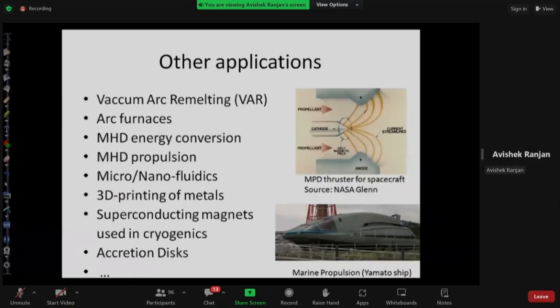Some more applications are mentioned here. I will not go into the details, but there are a couple of pictures on the right hand side. For deep space applications, it's difficult or almost impossible to use rockets because chemical fuels will of course run out. So in that case, if we have a way of getting some energy from the sun, we can use that and store it in a battery, and use that to propel some electrons from the